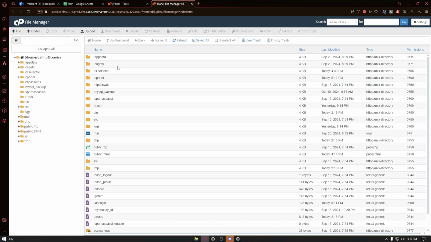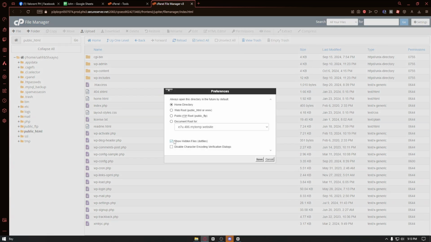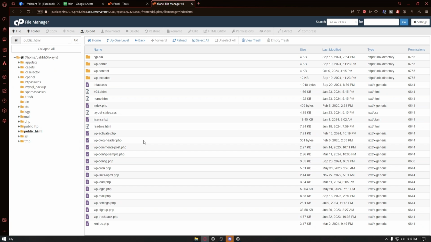Once inside file manager, you want to click on the public HTML. You want to click on settings, and you want to make sure that the show hidden files is checked. Go ahead and click on save, and you specifically want to find a file called